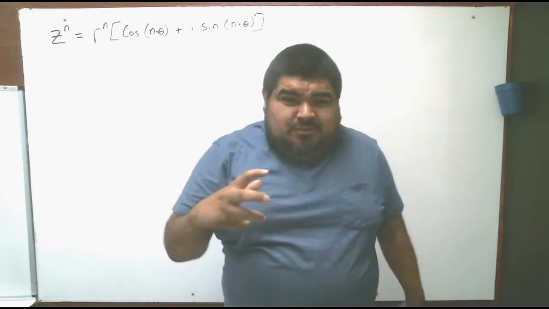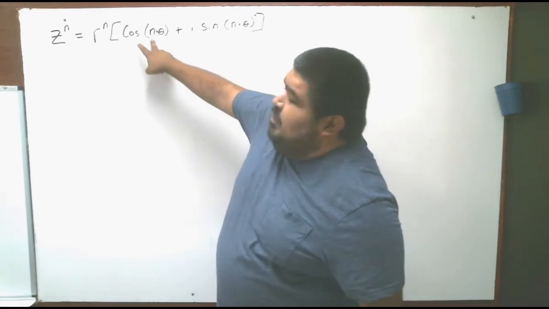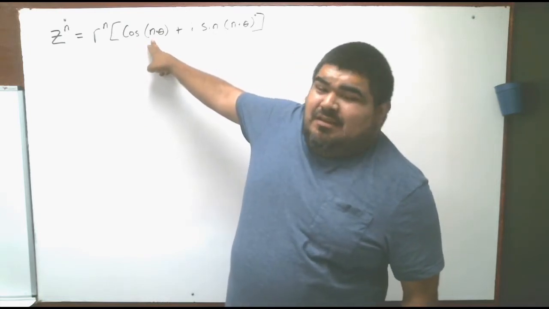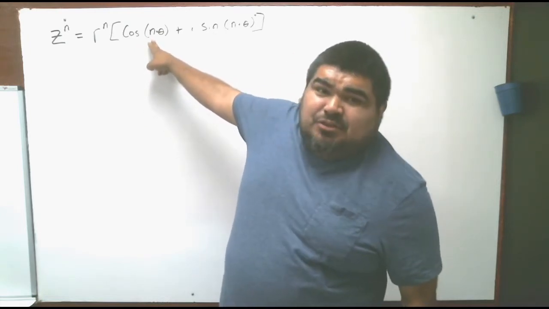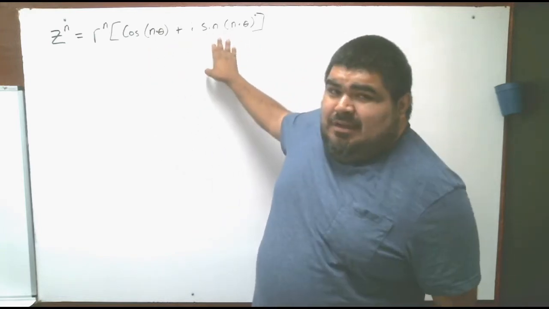We also have to multiply the angle in your cosine and sine times your exponent. Meaning